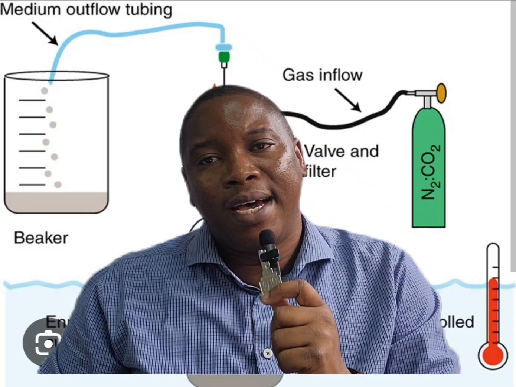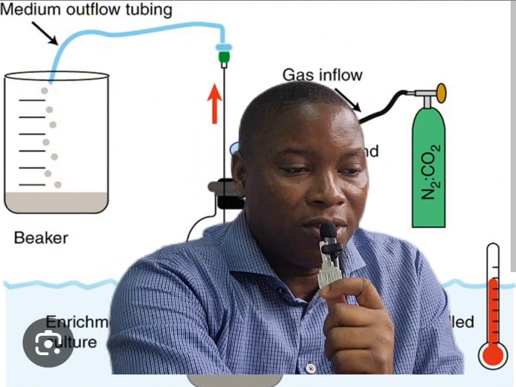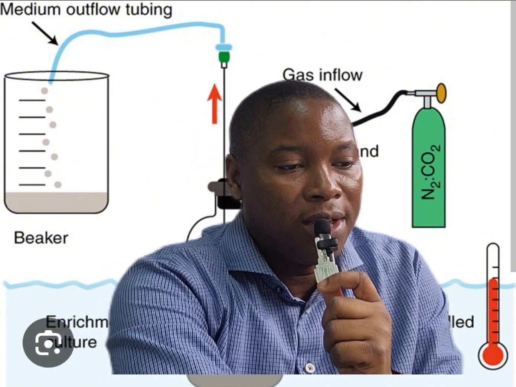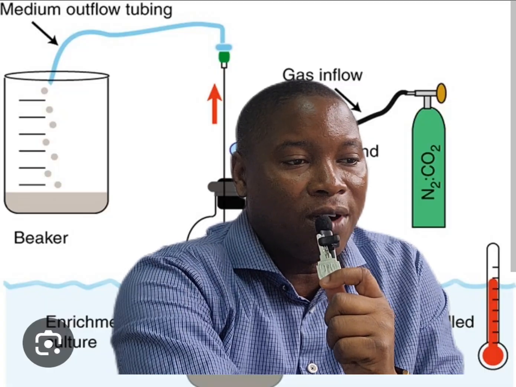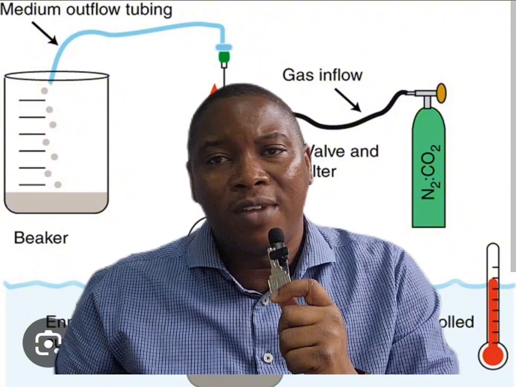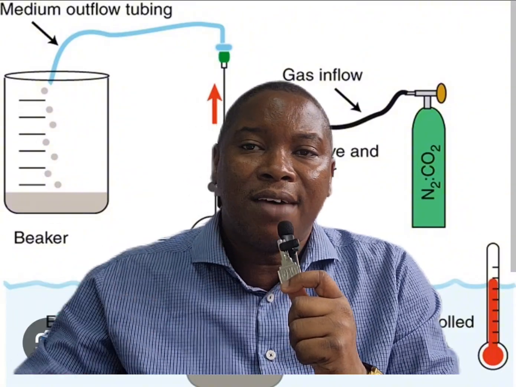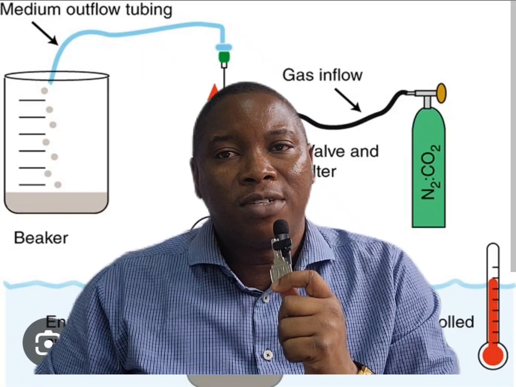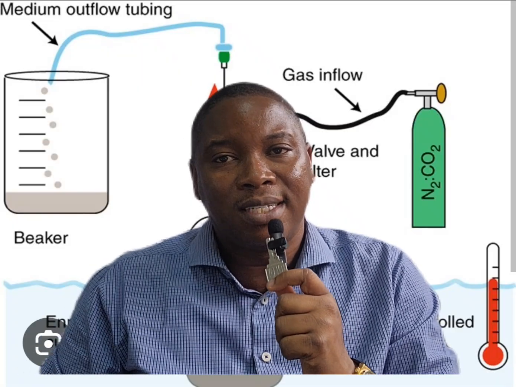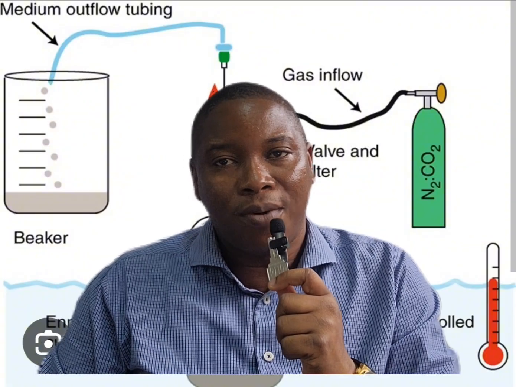But some of their disadvantages include that there can be overgrowth of the culture, which may not be for the best of what we want to do. And sometimes it leads to loss of diversity, because the interesting thing about microorganisms is that they are always diverse in nature. You can see so many of them at the same time. So if you have a situation where there is a loss in diversity, that can affect what we are bringing out from our sample.